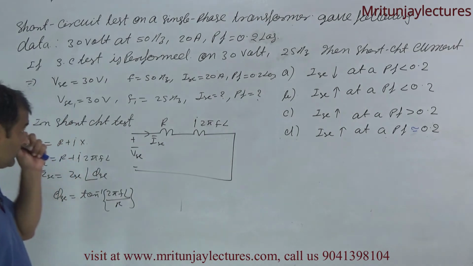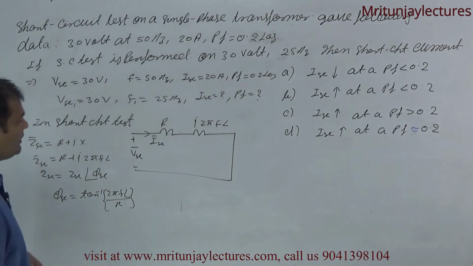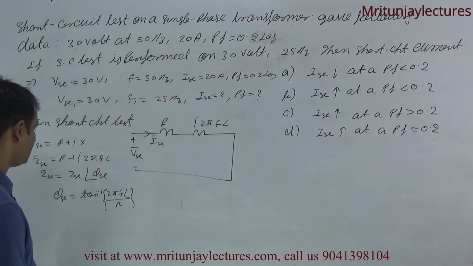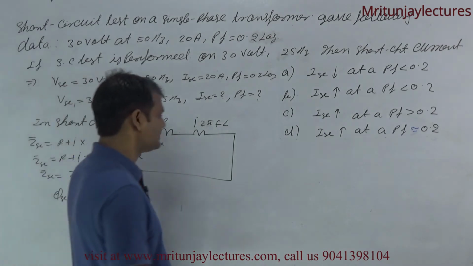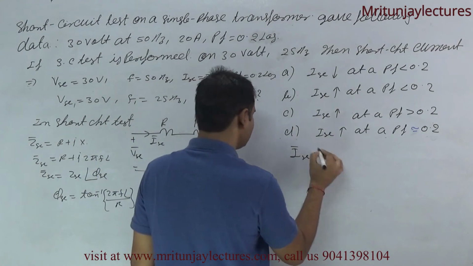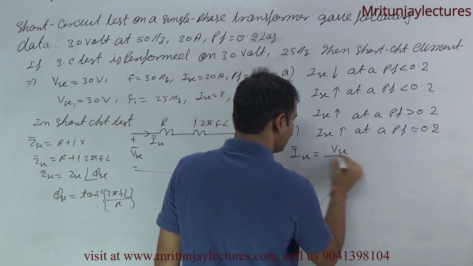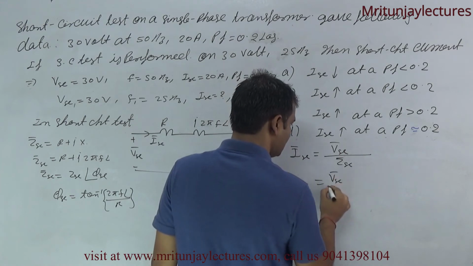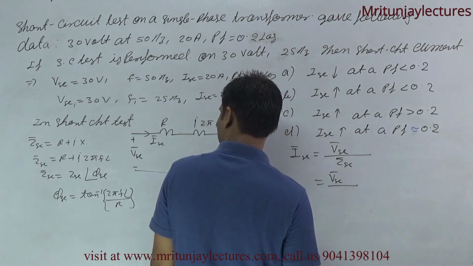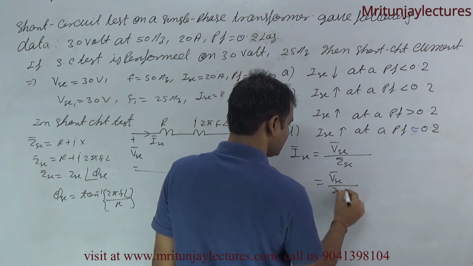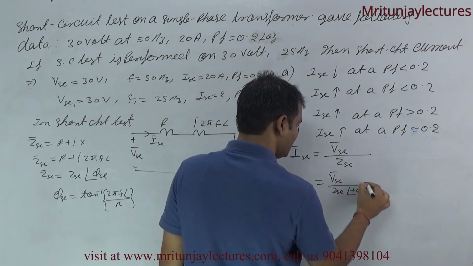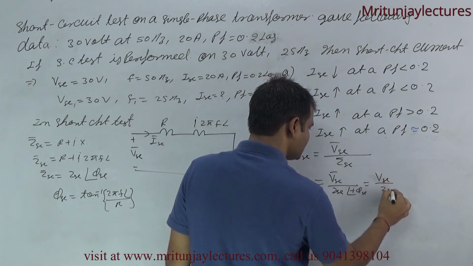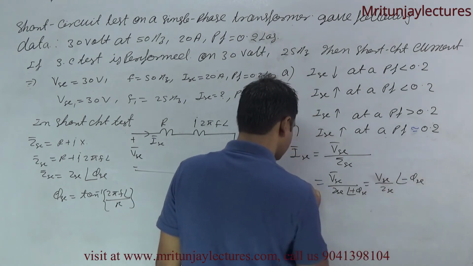Now corresponding to the question, the voltage is 30 volt, both are the same. If frequency decreases, what about ISC? The short circuit current ISC is written as VSC divided by ZSC at the angle plus phi SC, or VSC divided by ZSC at the angle minus phi SC. Clear? That is ISC.